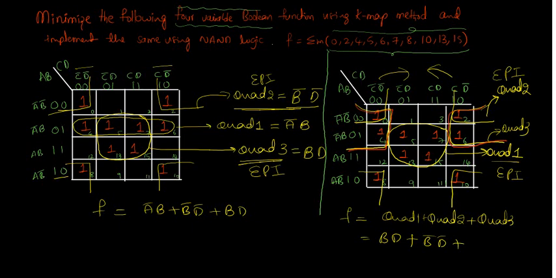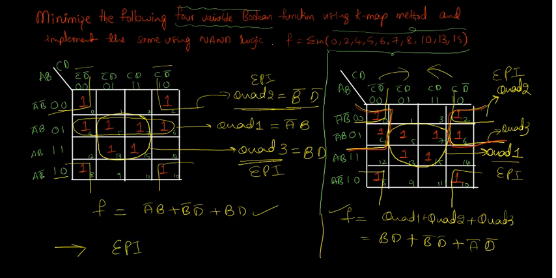This one is covering 2 rows, 0 0 and 0 1, out of which 0 is constant, that is A bar, and it is also covering 2 columns, C bar D bar and C D bar, that means D bar is constant. So for this function, these two expressions are valid, these two are minimized Boolean expressions. These two will give the same answer, right? So for our understanding, here you can write what are essential.